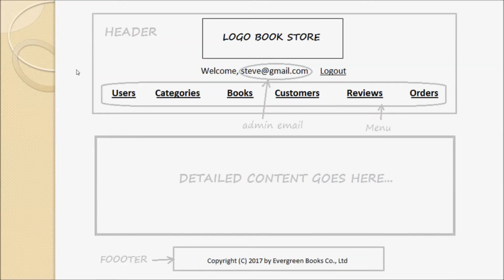This is the structure of a page in the backend of our bookstore website application. You see, similarly to the front end, a page in the backend consists of the header, the main content or detailed content, and the footer. The header displays the logo, a welcome message to the logged in user, and